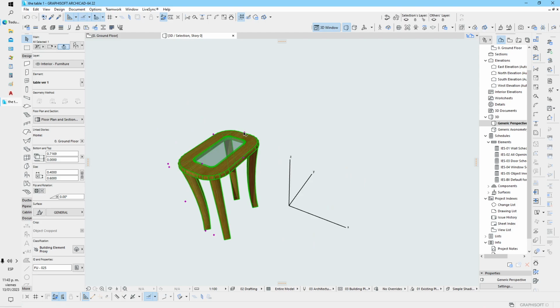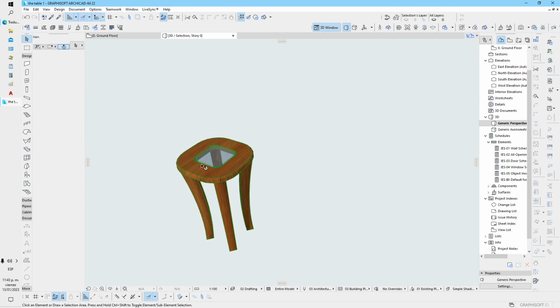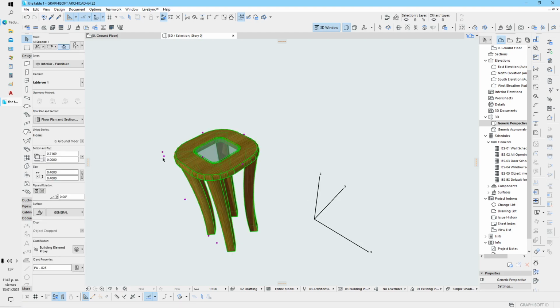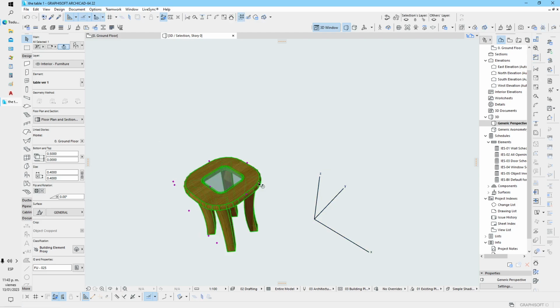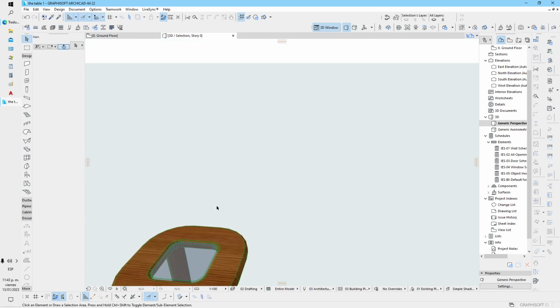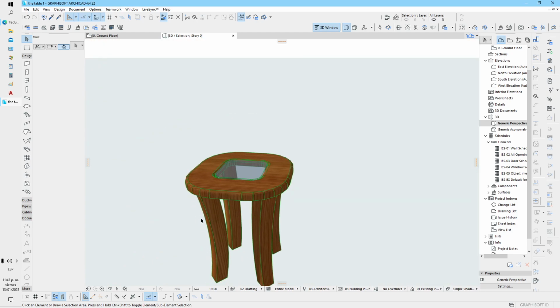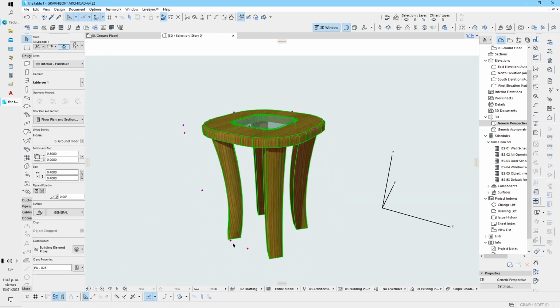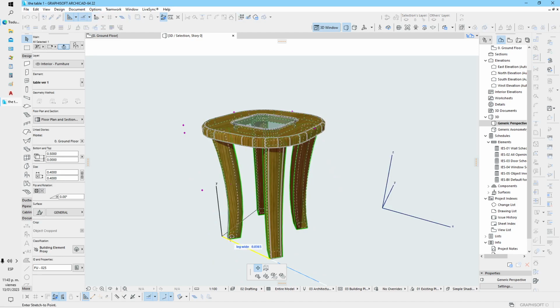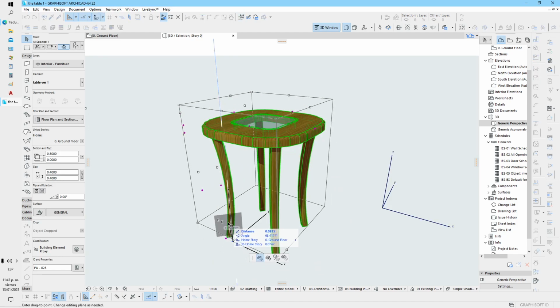I can change this size to like a chair, 40 centimeters. Let me put down here maybe 50, like a small chair, and let me make it like this. Okay,